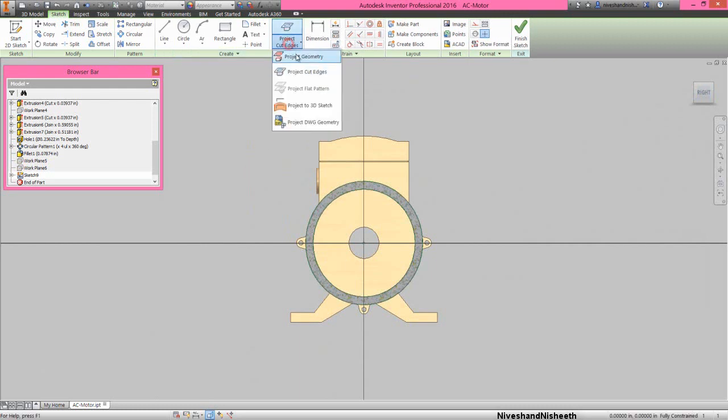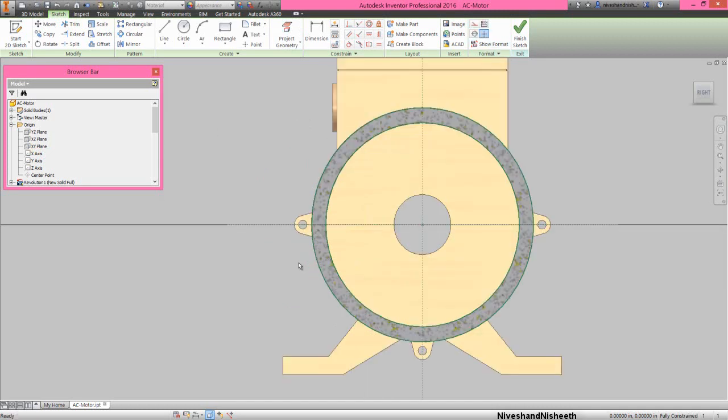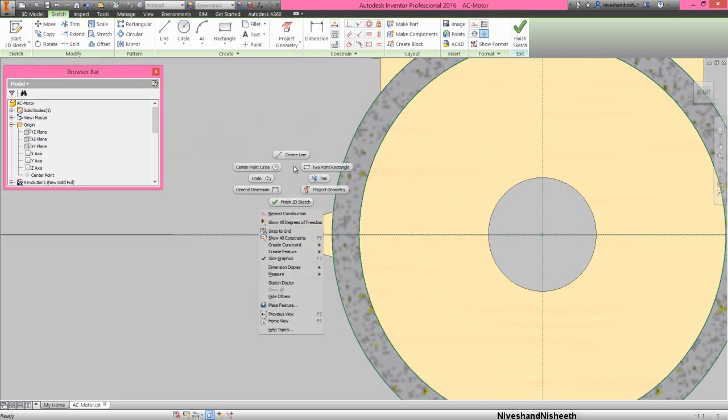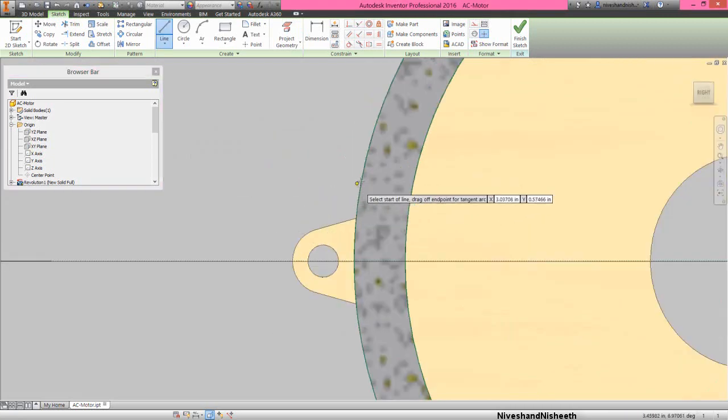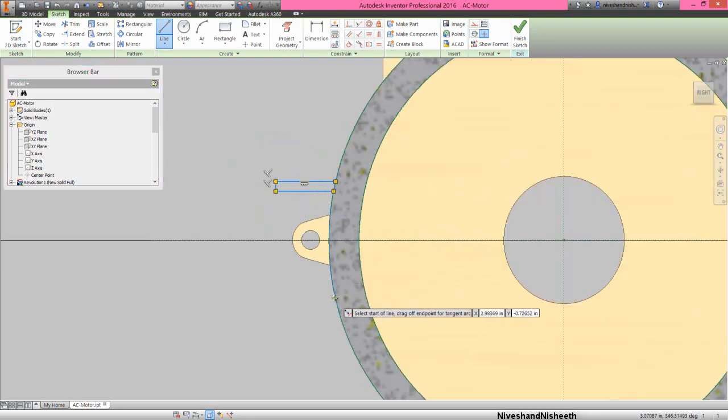Now activate the project geometry command and take the project of XZ and XY plane. Okay, that's it. Now we will create some more lines on here, something like this.